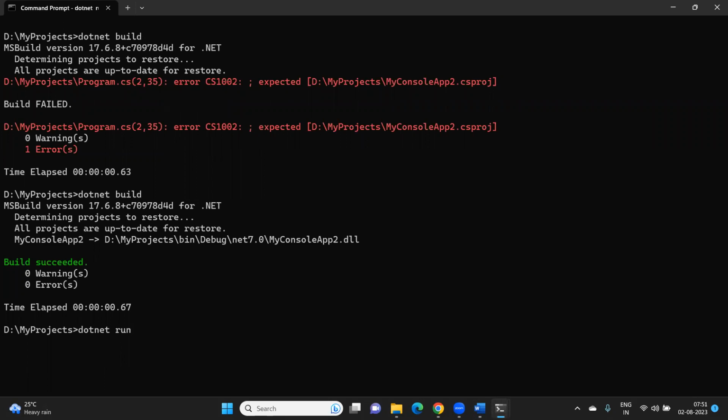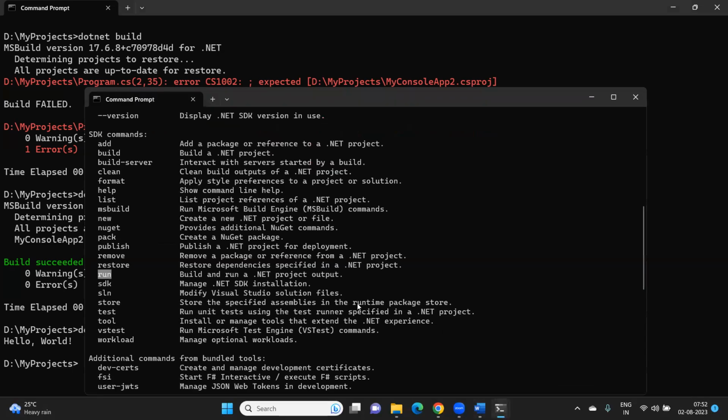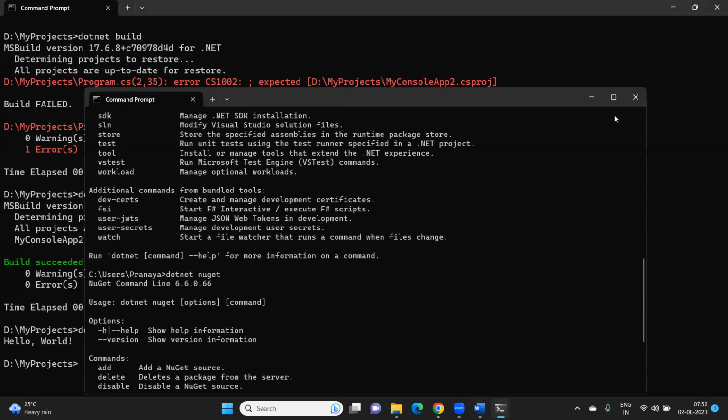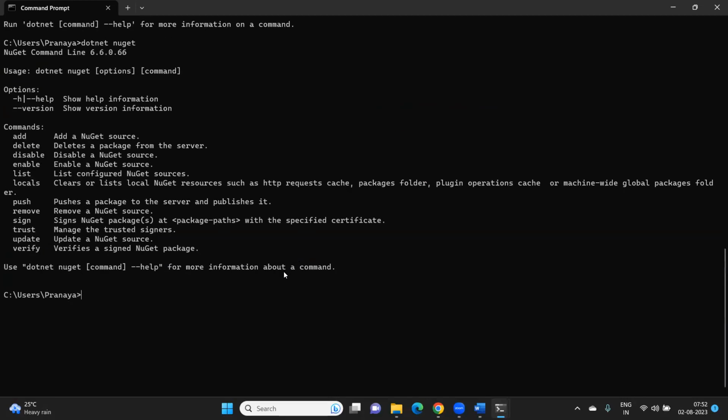And once you write the dotnet run, then you will see the hello world message on the screen. So the step-by-step process I explained using the .NET console application is the same for your web application also. The command I'm using is the same; only what will change is that instead of console, you need to write the template that is available for web application. For example, dotnet new list,